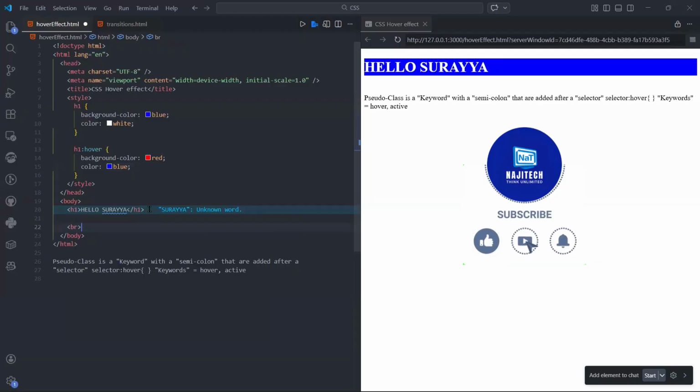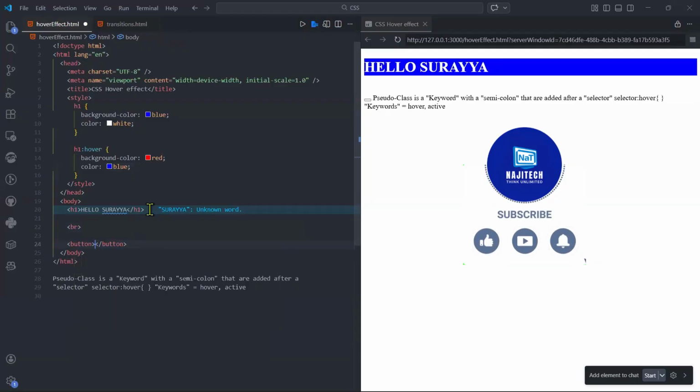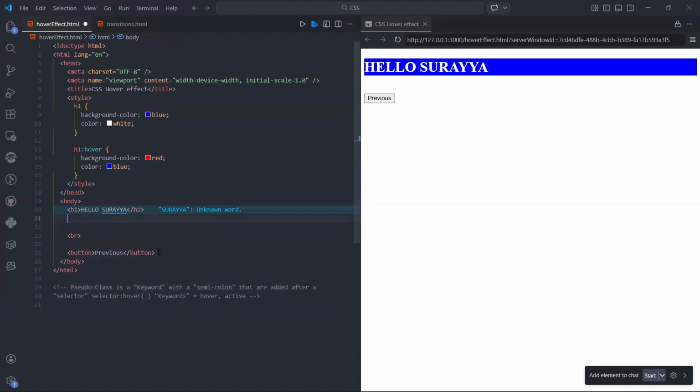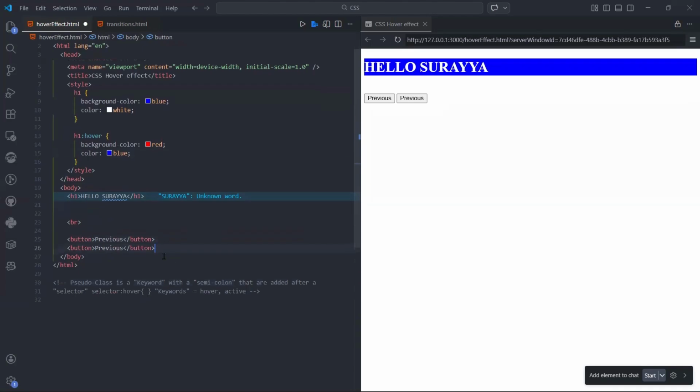So maybe I can write a button. And what do I want to put in the button? Maybe I can write previous, right? Let me delete this. I can write previous and then add another button again below it. So now I have two buttons. You see, buttons are arranged in what? They are in line. You see? So here as I write next,